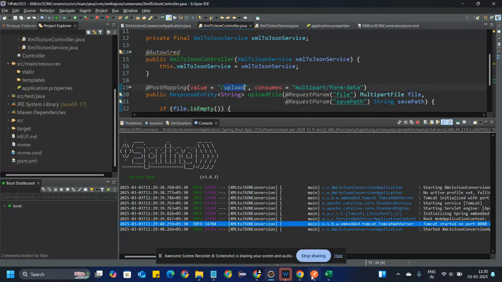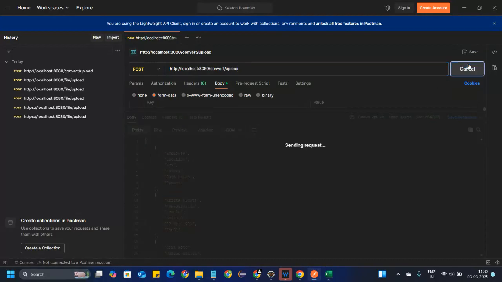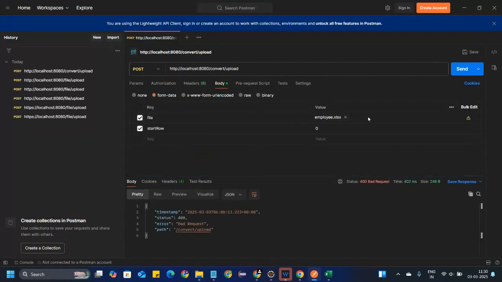Okay, go to Postman, first convert and second upload. Now we send the request. It is a bad request because we provided a different type of file path. Here, we delete that.